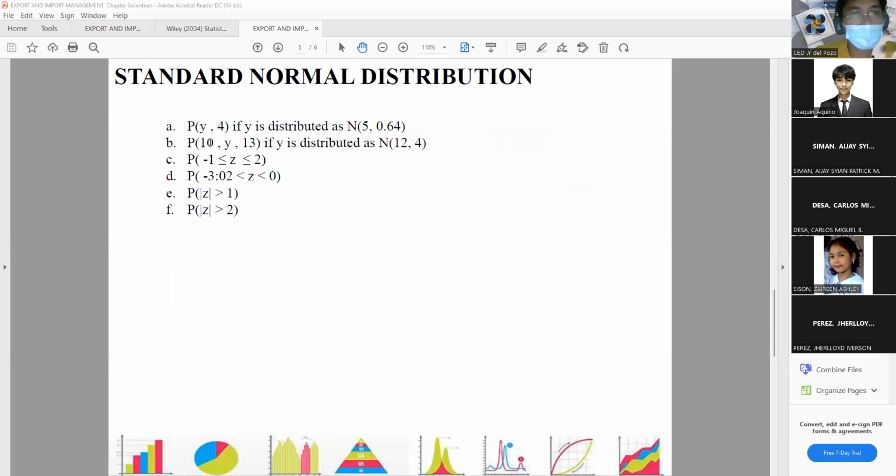So, if P(Y) is Y is distributed as N(5, 0.604), then ang tinutukoy natin dyan is the value of Z is equal to 0.106. Okay, for number 2,